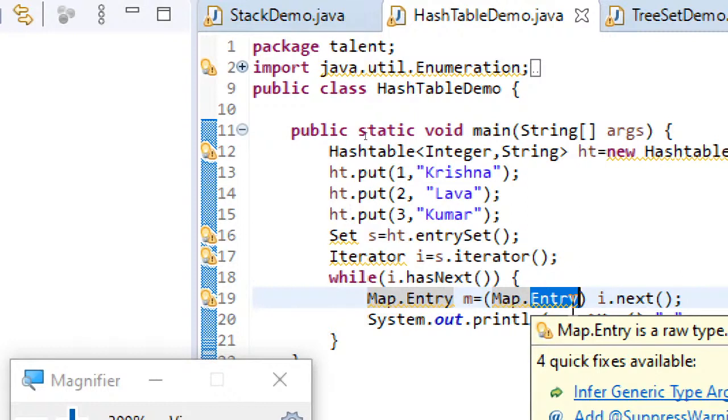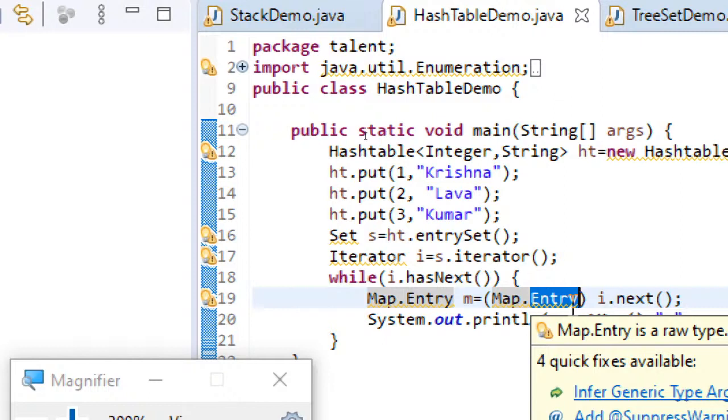Another question is how many values can be associated with a single key. One key, one value. This is the point to be remembered.